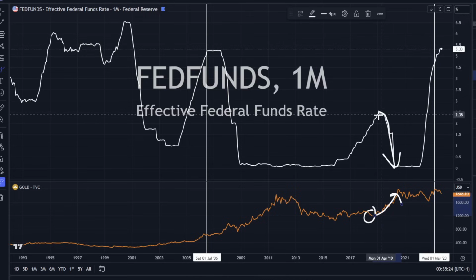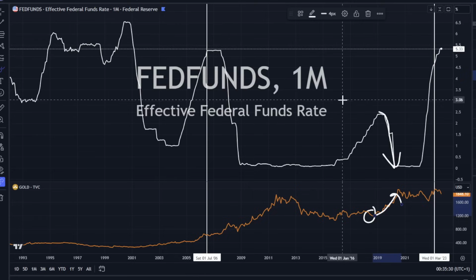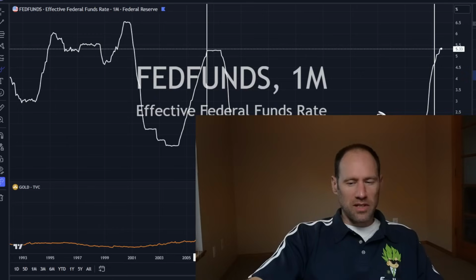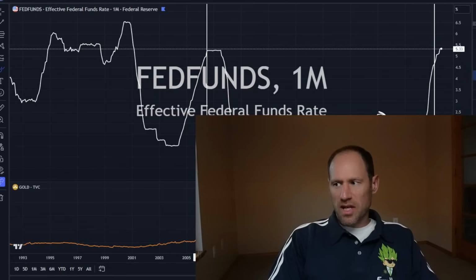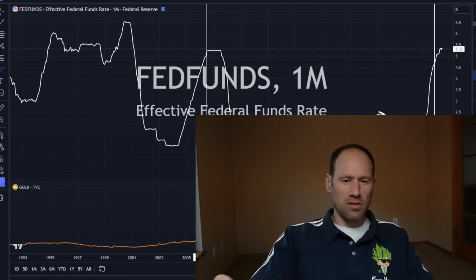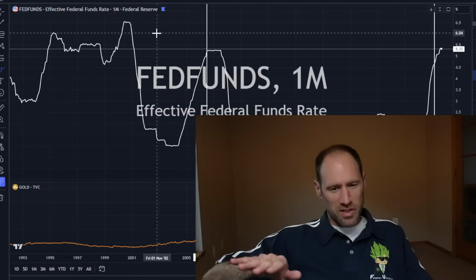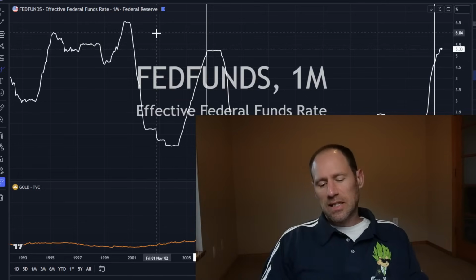So when you're at a level that's very high, gold starts to move to the upside. We're at a level that's very high, gold's going to start to move to the upside. I think gold is probably the least risk asset to hold at this particular time. Because if they do hold it higher for longer, I think gold's going to start to take off.